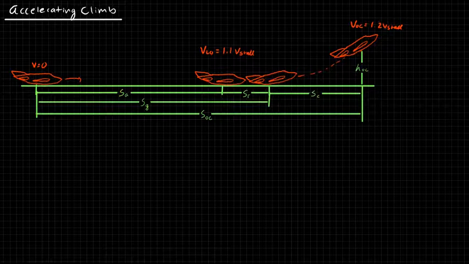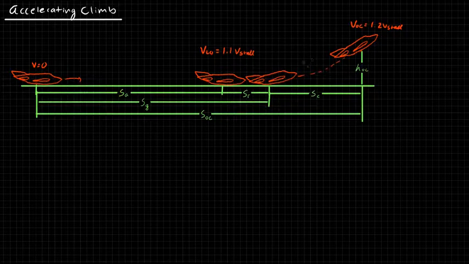So there's this distance SC required for the aircraft to go from liftoff to the obstacle clearance height and reach a steady climb angle. We've talked before about what the ground roll is. That's this SG, which is composed of an acceleration phase and a rotation phase. So we can calculate the ground roll, or at least approximate it. And after this video, we should be able to approximate the climb distance.